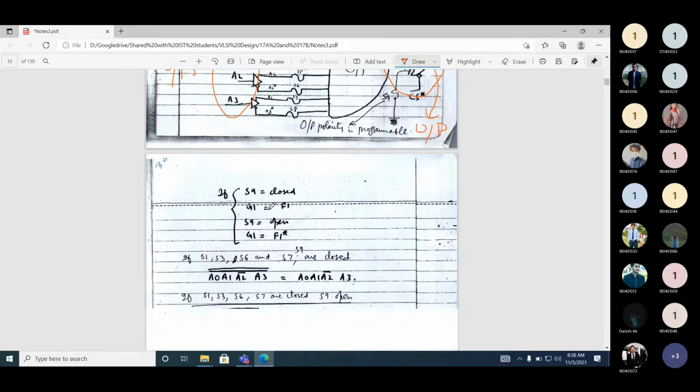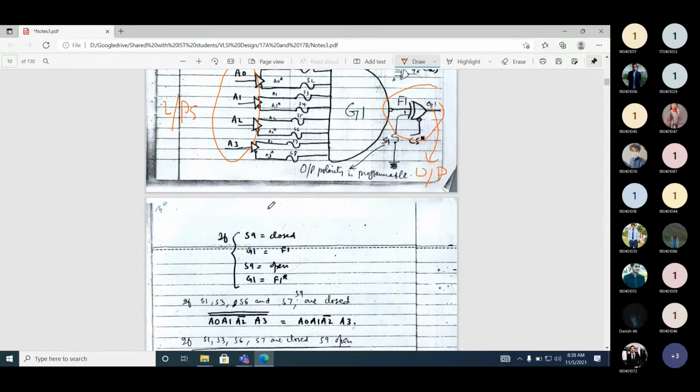Now, if you look at the output, so now we are only looking at the output. What is the input to this output G1? So the input to this gate, which gate is used? Exclusive OR. It is an exclusive OR gate, but it has an enable signal, like CS bar.